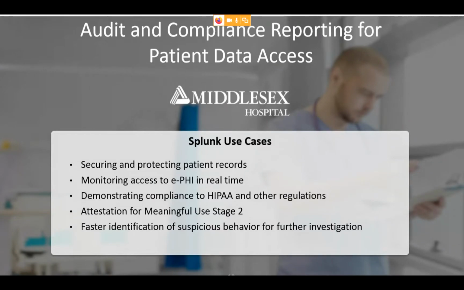And this is another case study of Middlesex Hospital. They have recently released a press release. This is a leading US hospital, giving secure electronic healthcare records and ensuring compliance. They are doing this completely with Splunk. This hospital is in Connecticut,